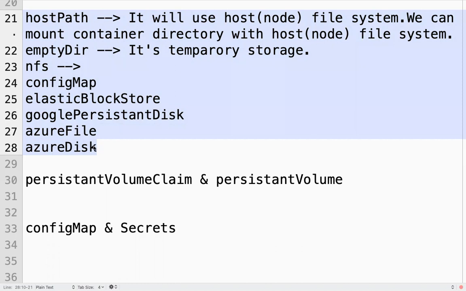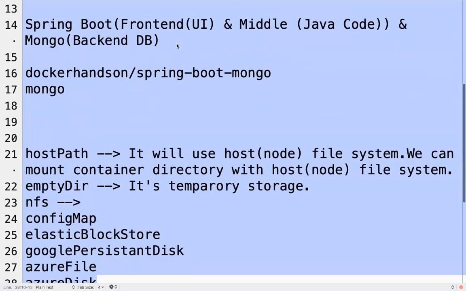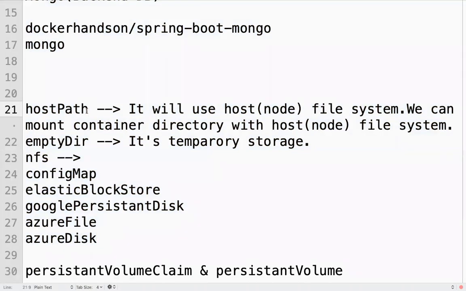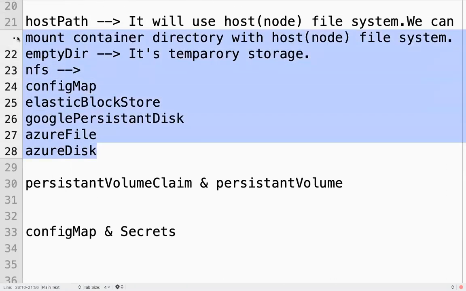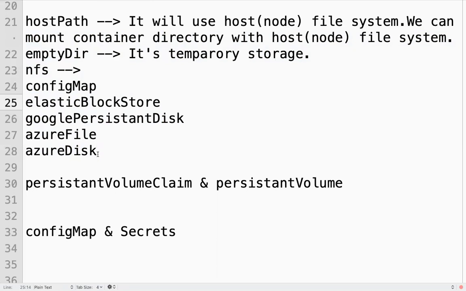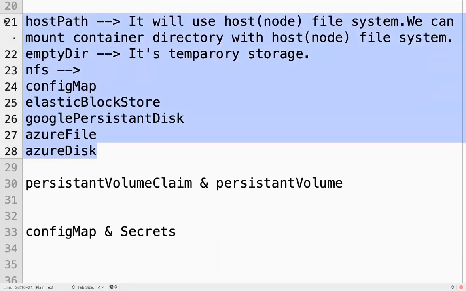If you directly mount these storages with your pods, the volume information will not be maintained outside of your pod life cycle. The storage is directly associated with your pods, and Kubernetes will not maintain the volume information, like how many volumes you have, all those things.